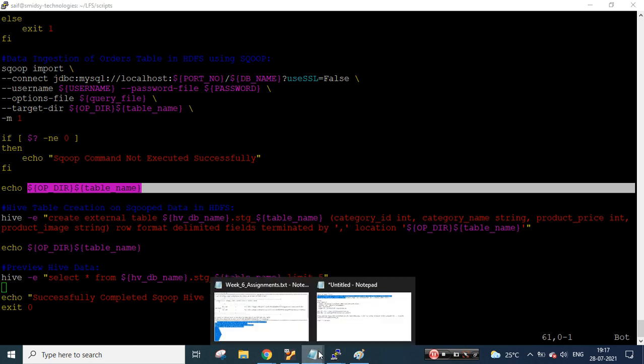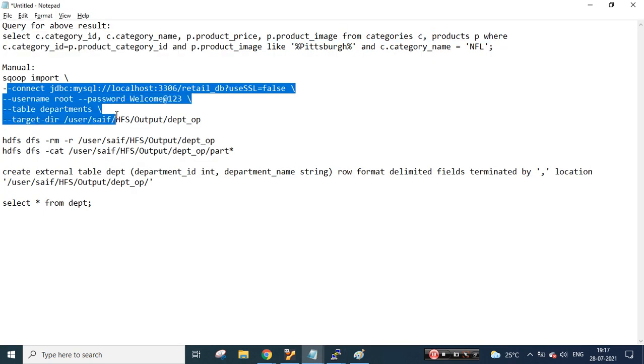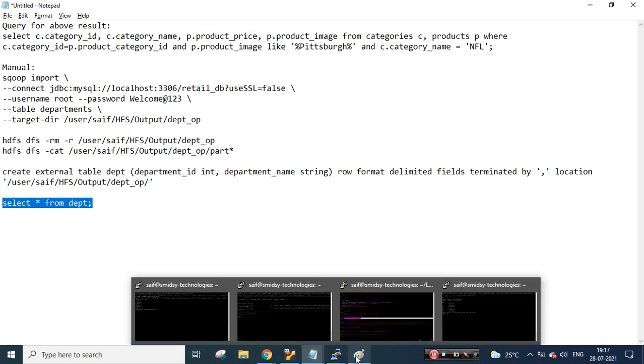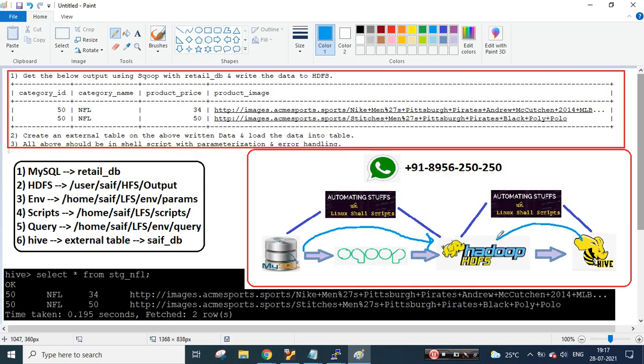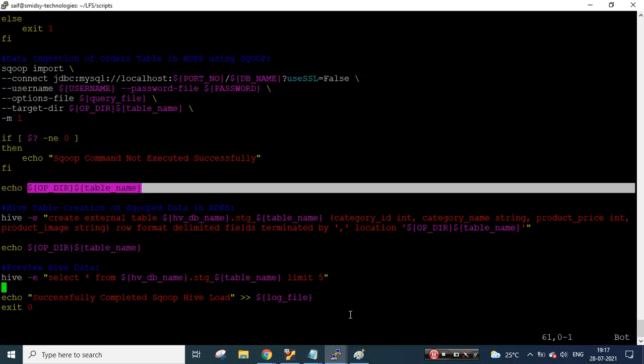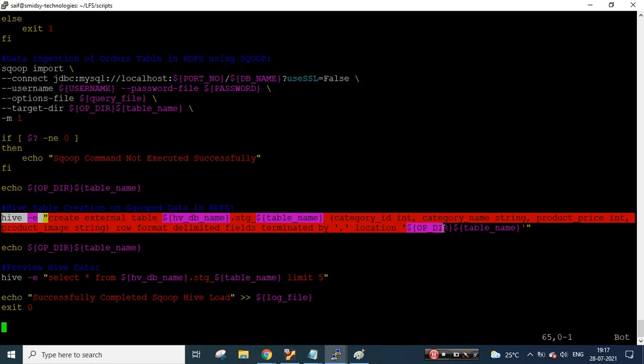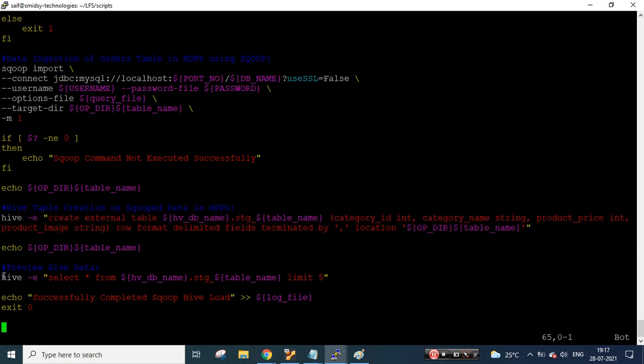Afterwards, after executing this manually, I created the Hive table and then I did a select. Same thing I'm trying to do over here. So this is the process I needed to follow, and the same process I'm trying to do over here. When it comes to a shell script, when we are trying to execute the SQL scripts, we need to prefix or flag it with -e. So what I'm trying to do is create a table and finally load. And finally, my log files are getting written.